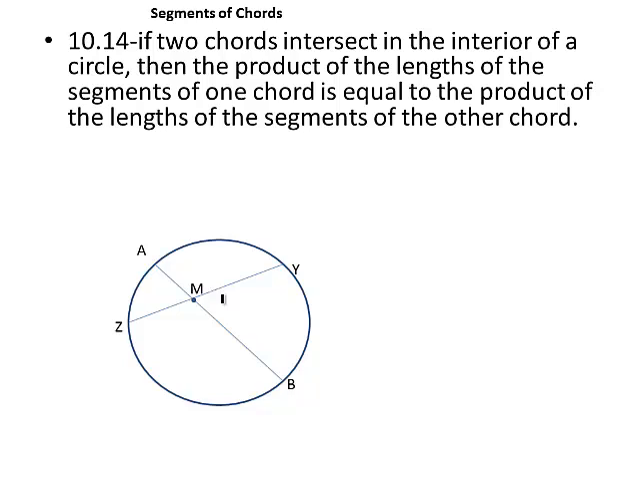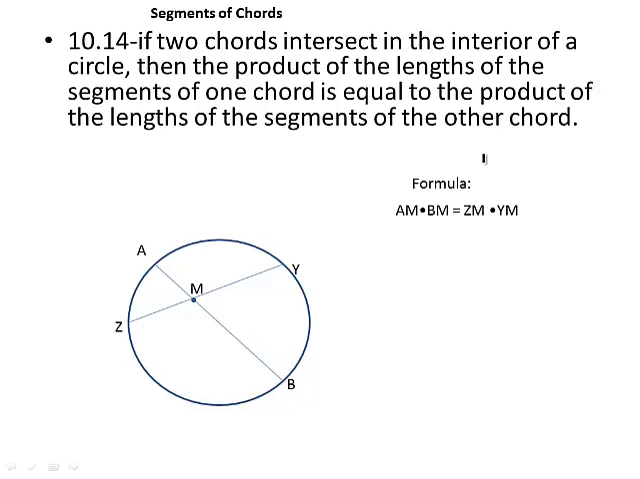So in this theorem here, I have the segments of a chord theorem. If two chords intersect in the interior of a circle, the product of the lengths of the segments of one chord is equal to the product of the lengths of the segments of the other chord. So in this figure, you see we have two chords within the actual circle. And we're dealing with segment lengths, whereas in previous modules we were dealing with angle measurements